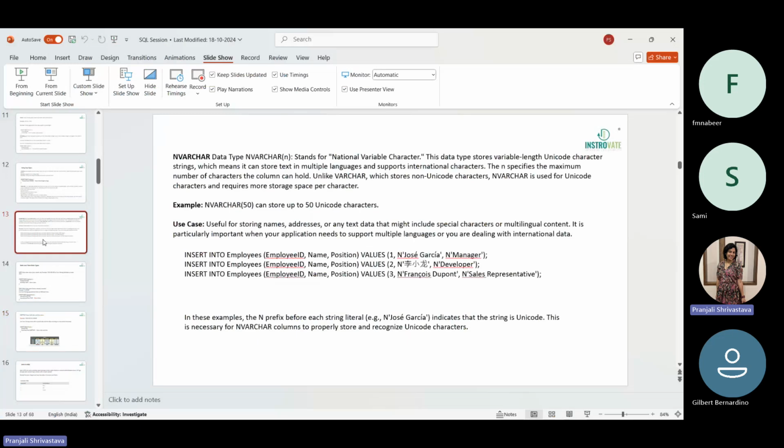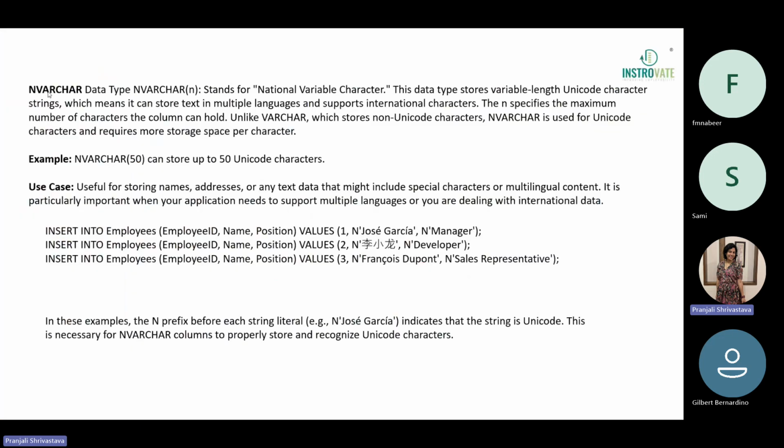basically we use the nvarchar data type where we are storing values in other languages as well, international languages as well. The varchar data type will not allow you to store values which are in a different language or in different special Unicodes. But the nvarchar data type allows you to store data in different languages. So basically here the N stands for national variable character, and here you can store text